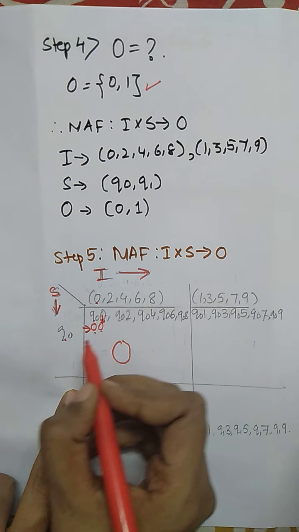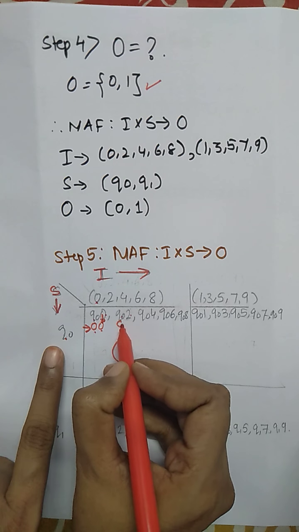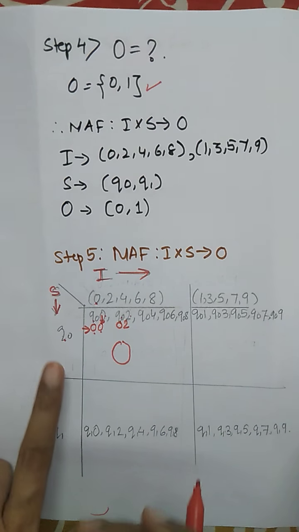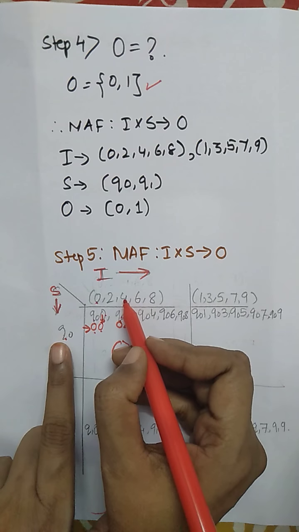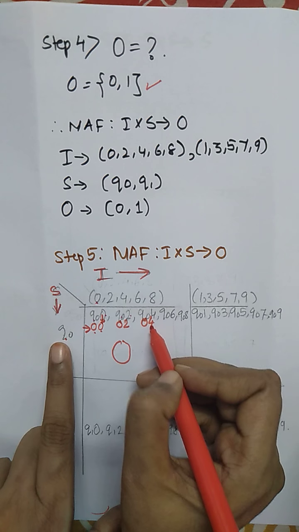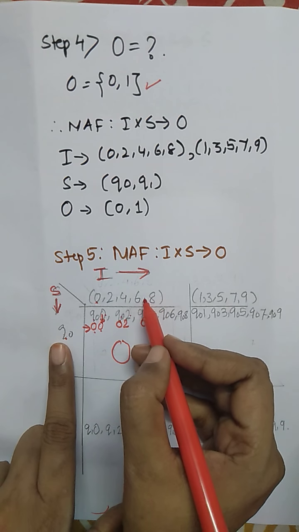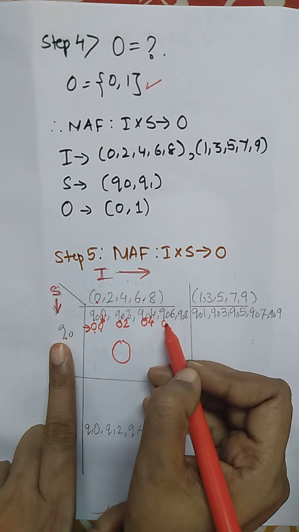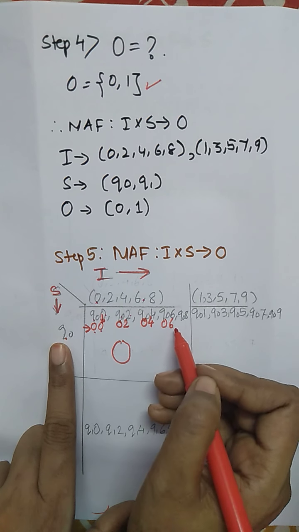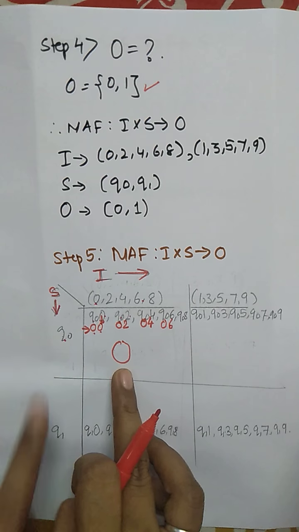Q0 with the next bit as 2. The previous Q0 results in remainder 0, and with the next bit as 2 it produces the number 2. Is 2 divisible by 2? Yes, so output 0 only. Now Q0 with the next bit as 4 produces output 0. Is 4 divisible by 2? Yes, output 0 only. Q0 with the next bit 6 produces output 0. Is 6 divisible by 2? Yes, output 0 only. Q0 with 8 will produce output 0.